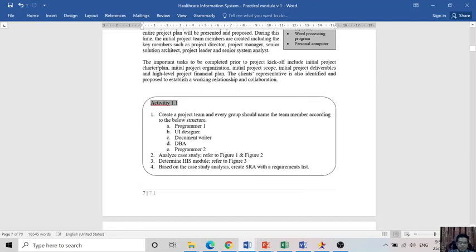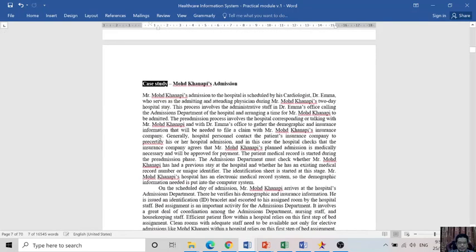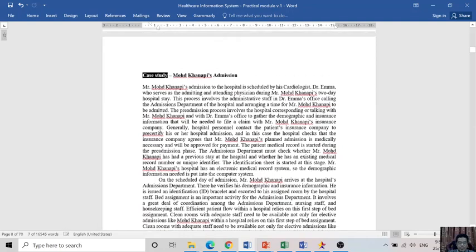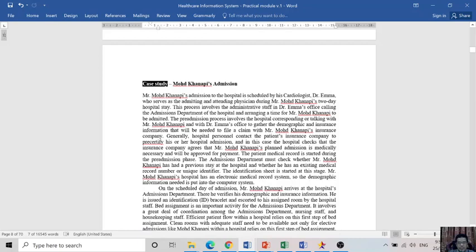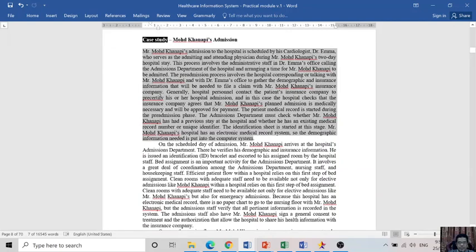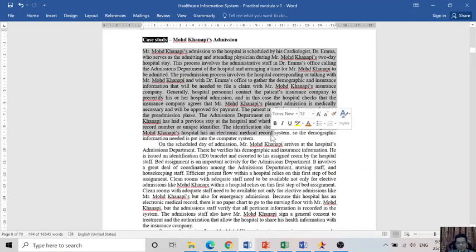So this is what it's all about, your activity. You need to submit the requirements and also the module to be developed. Well, this is a very long case study. So how did the Muhammad Kanapi admission process involve when he was admitted to the hospital? By reading this one, you can imagine and explore basically the process of a patient